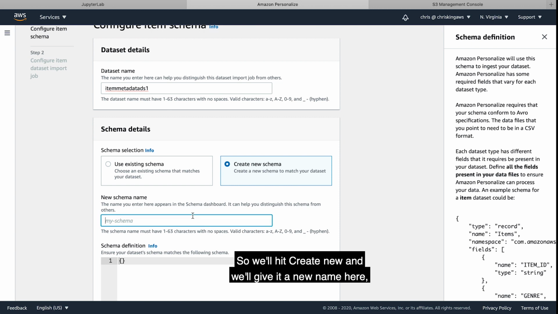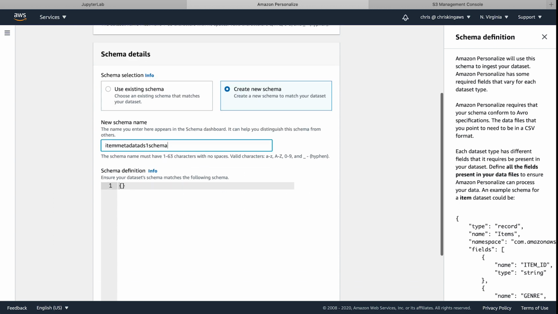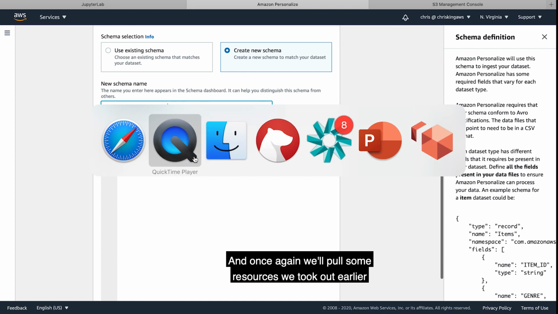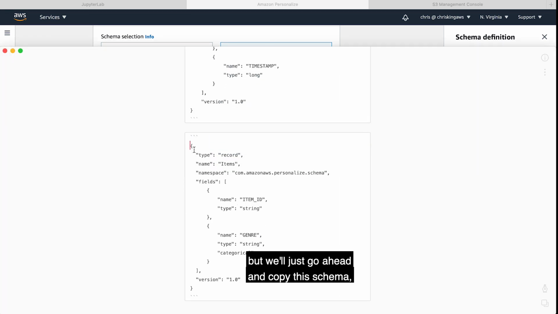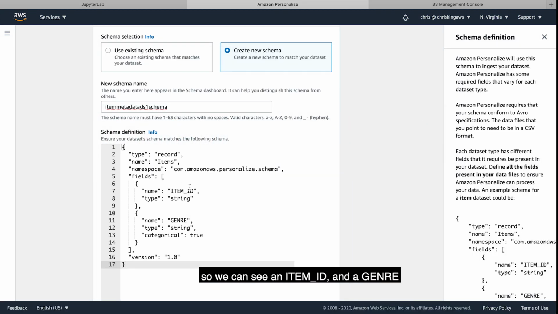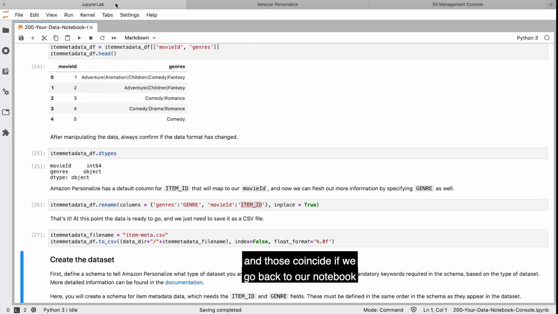So we'll hit create new and we'll give it a new name here. So item metadata ds1 schema. It's totally fine. And once again, we'll pull some resources we took out earlier from other notebooks that'll be linked below. But we'll just go ahead and copy this schema and we're going to paste it here. So we can see an item ID and a genre, and those coincide if we go back to our notebook